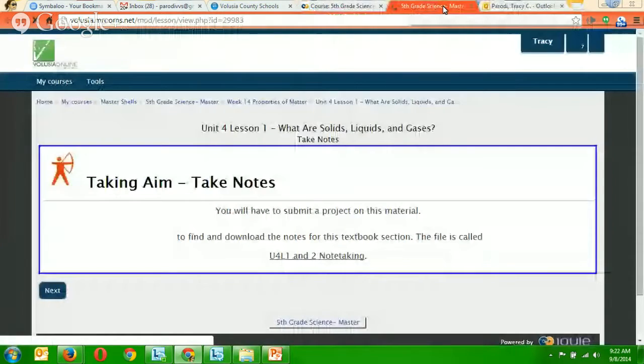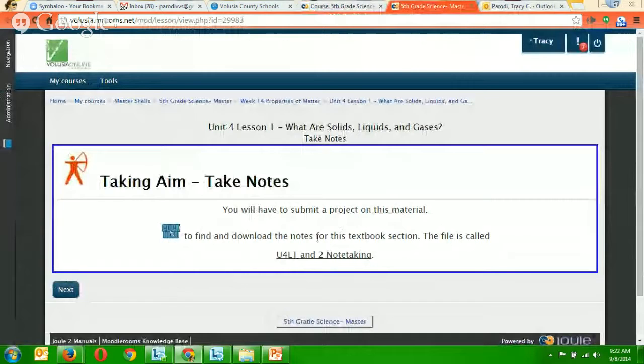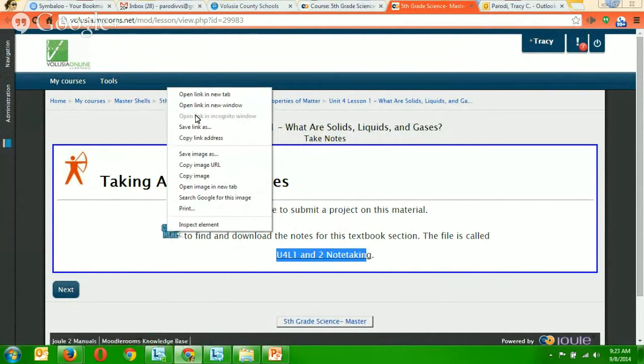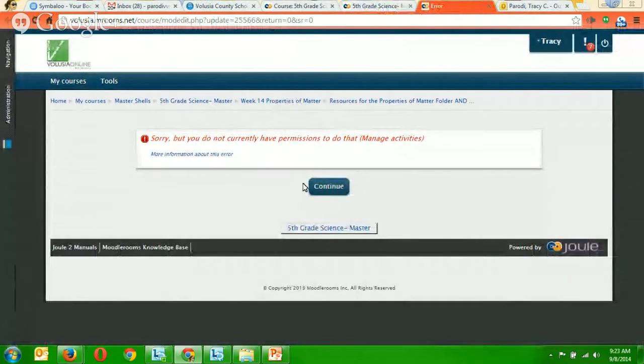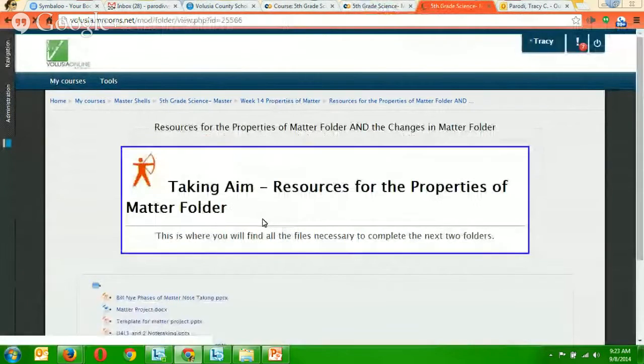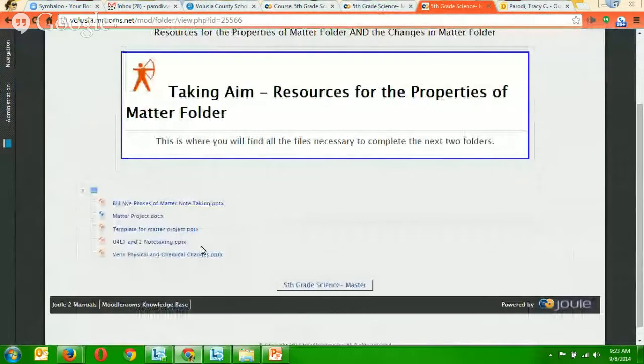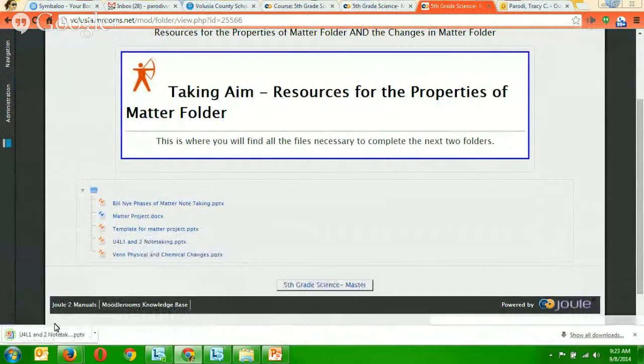Right-click, open in a new tab. It says you're going to have to submit a project on this material. Click here to find and download the notes for this textbook section. The file is called Unit 4, Lesson 1 and 2, Note Taking. So let's right-click, open in a new tab to get the notes. Oops, that's broken, but watch, if you press continue, it'll bring it right up. I'll fix that though. Click Unit 4, Lesson 1 and 2, Note Taking, and it goes down to the bottom